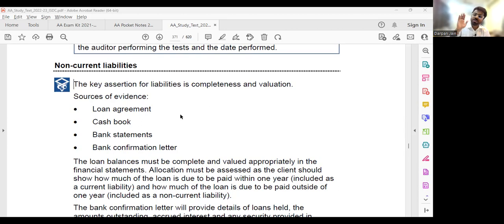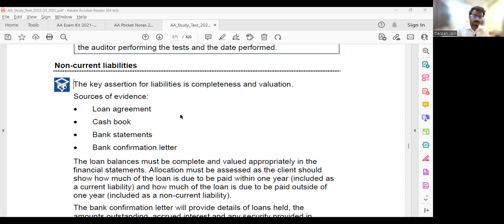And you can get a bank confirmation letter. Just like how you were getting a bank confirmation letter for the cash and bank balance, which was giving you a balance of the current accounts or of the savings account which the company has. Similarly, the banker can give you a confirmation letter which will reflect the amount of loan outstanding. The loan that you've taken from the banker, for that you can get a bank confirmation letter as at the year end, which will reflect the amount of the loan which is outstanding as at the year end. That will be there in that bank confirmation letter.